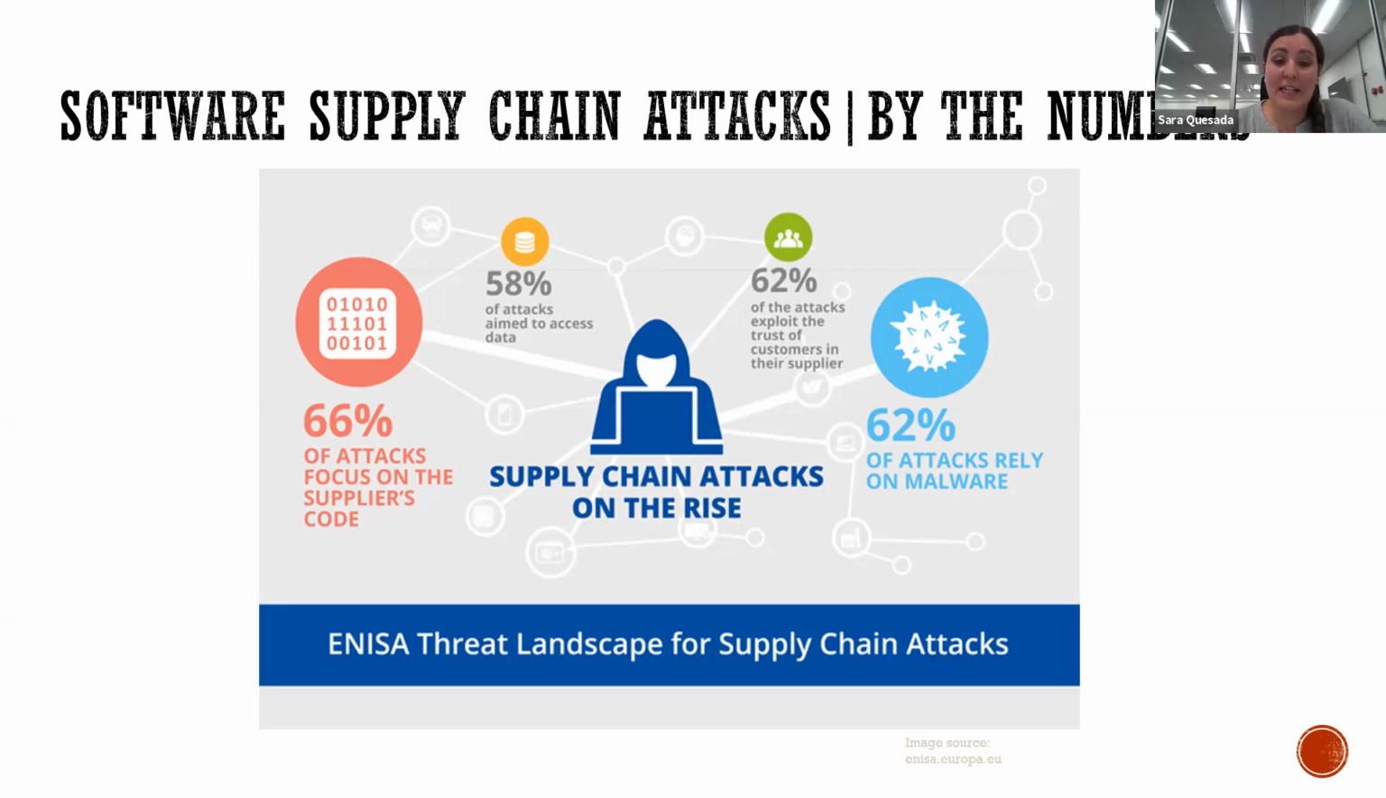62% of these attacks exploited the trust of customers and their suppliers. And then they also relied on malware ultimately, so they leveraged vulnerabilities and other things that you're running. For example, in the Solarwinds attack, I think ultimately they were able to leverage vulnerabilities in other software in customers' environments to continue to execute once they were in. So long story short, old security